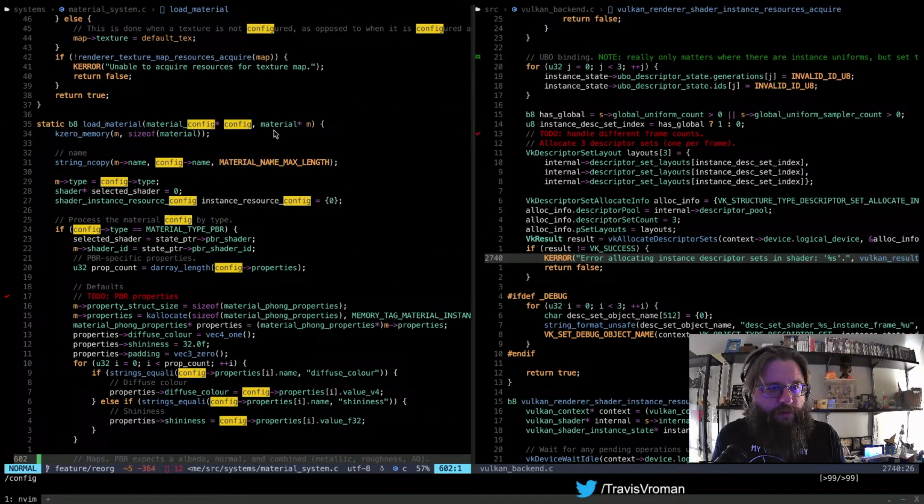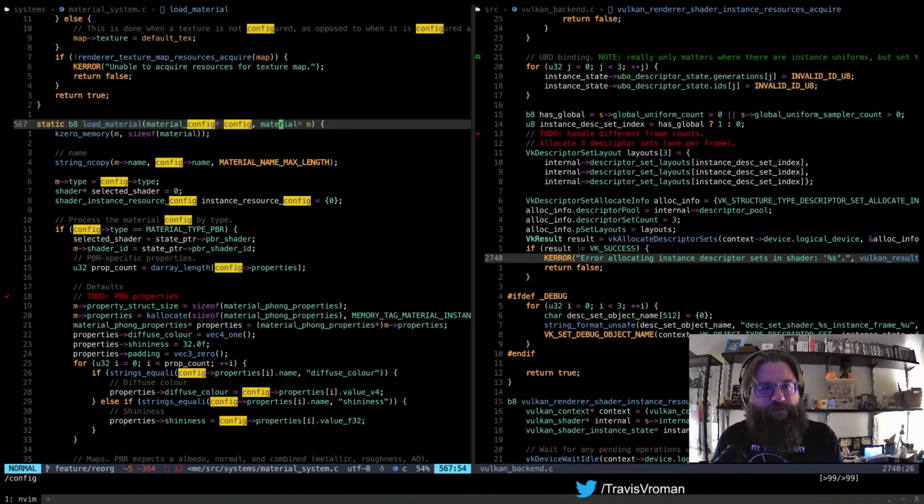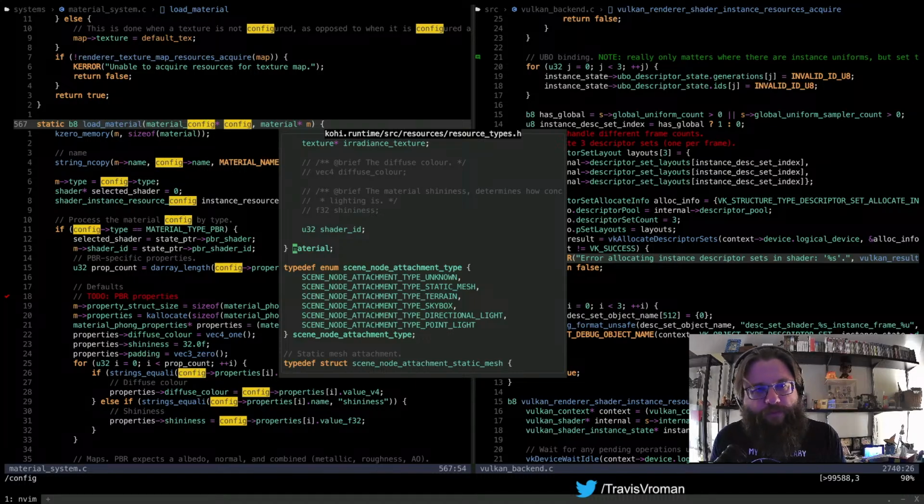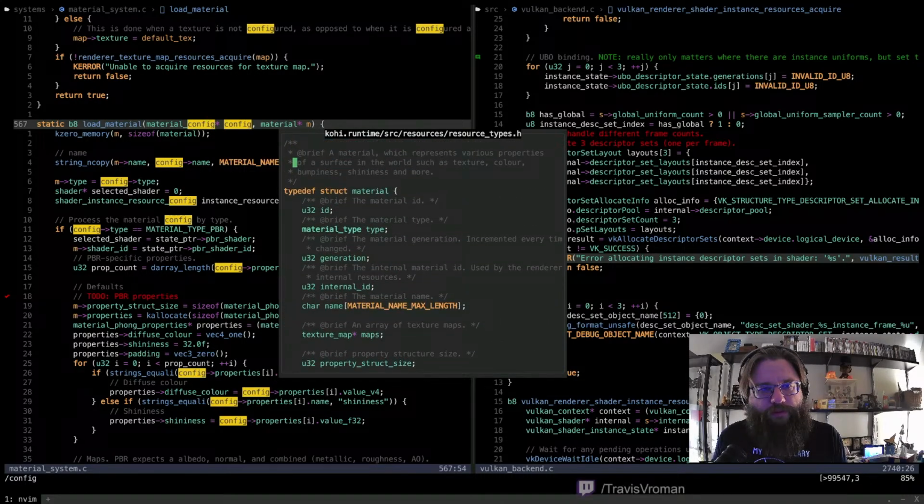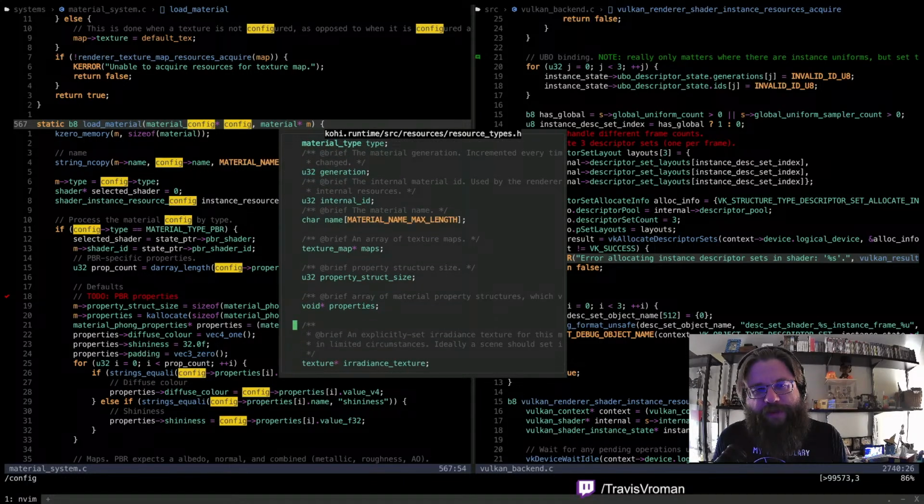So if we pull up this structure, our material has our texture maps right here, right? Various properties that we can add to it.